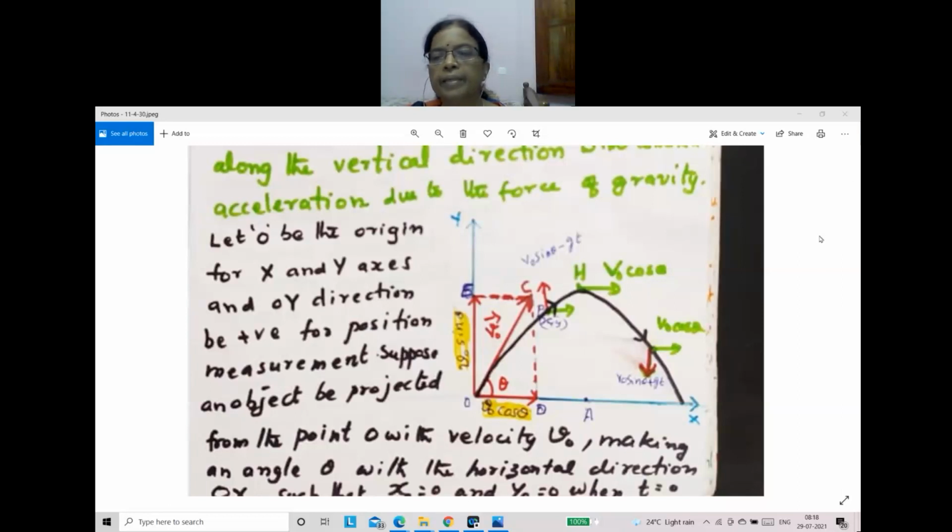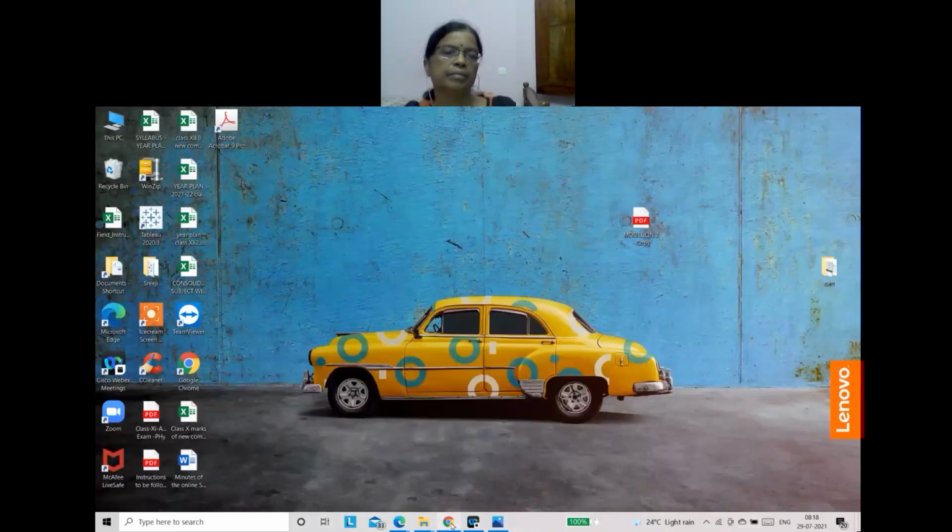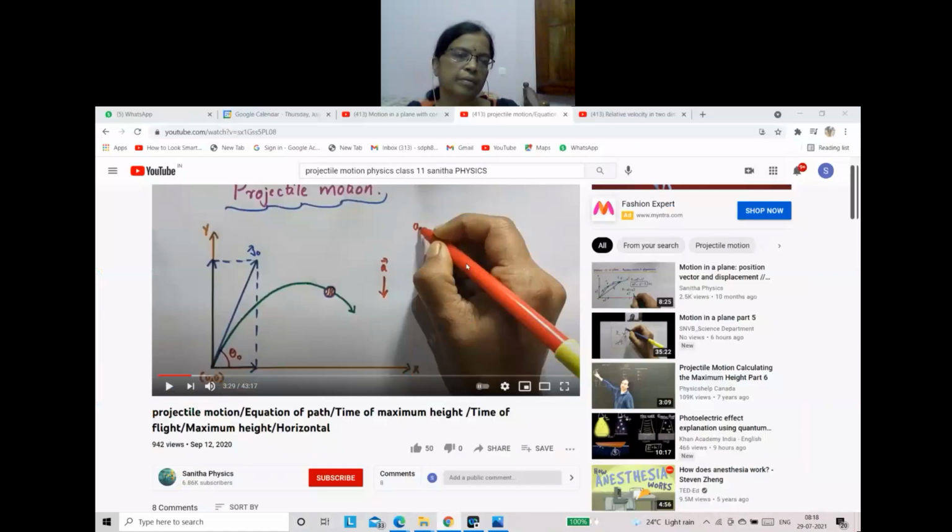Okay, children, here you can see vector a equals minus g j cap. Why is it written as minus g j cap? g is acceleration due to gravity, because we said once the projectile has been projected,